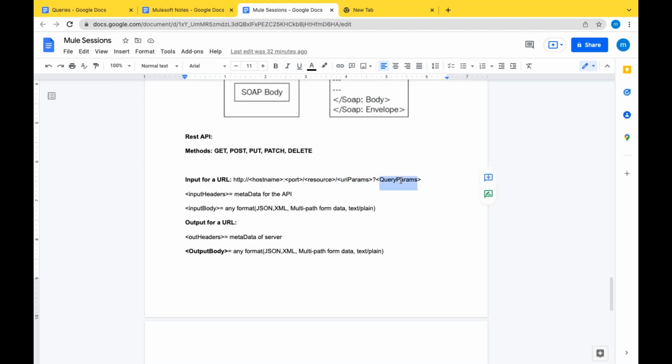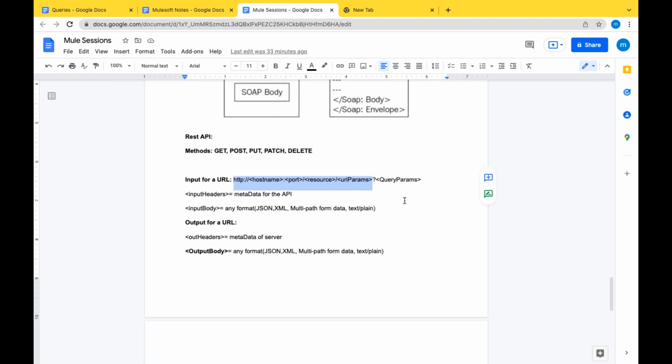Query parameters are nothing but you already have the data from this resource and you want to filter out the data depending upon the query parameters that you send. Consider a simple example: there is an employees table.